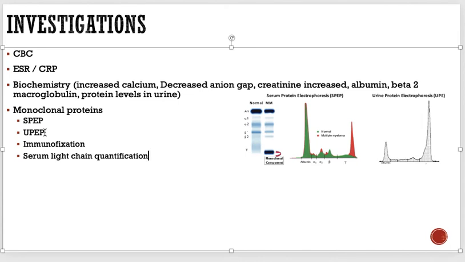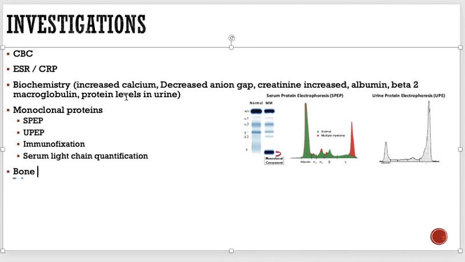Two light chains are there. One is kappa and one is lambda. So, for example, the condition where the kappa chains are more than lambda, that condition has a better prognosis simply. So this serum-free light chain quantification is to see what kind of light chain is more. Either it's the kappa type, or it's the lambda type, right? Rest of the investigations are again the same as in other cancers.